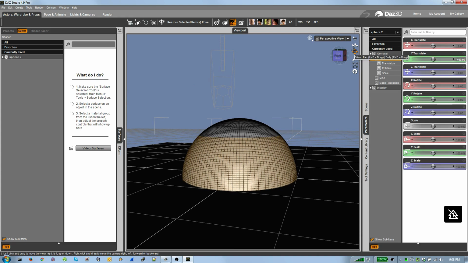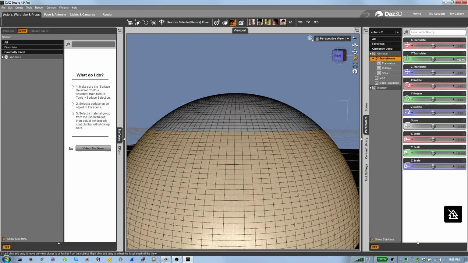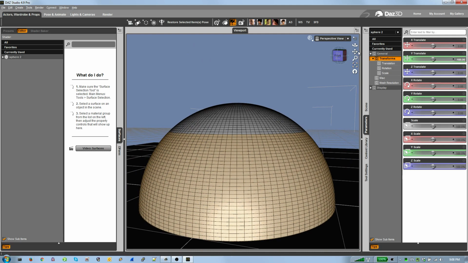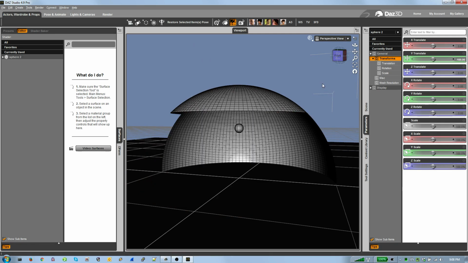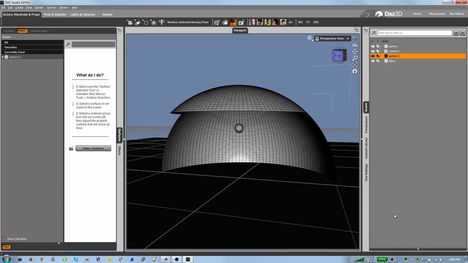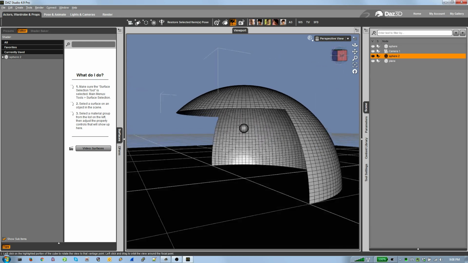And so now what I'm going to do is I can say geometry visibility, hide selected. Then geometry editing, and I'm going to say delete hidden polygons. And yes, I'm sure. And so now we have the sphere,